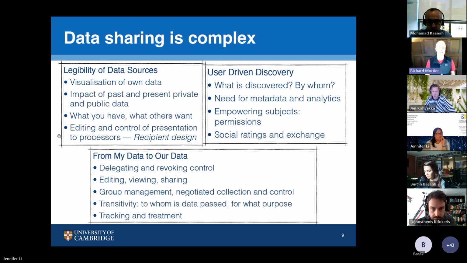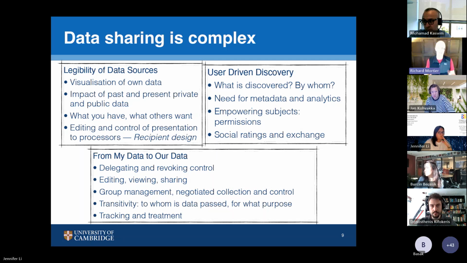This makes the whole thing more complex, because now you have to deal with cases where you need to delegate access, or delegate control over access, to other people. You may need to revoke control and revoke delegation. You may wish to have some kind of consensus mechanism that means that some people who are the subjects of a data set are able to give access to that data set where others are unhappy about that. It may be unclear how that data set can be subdivided between those people who are the subjects concerned by that data set. So it gets very contextual, very specific about what exactly the data is, what exactly can be done with it, and how you should think about who is able to control it.